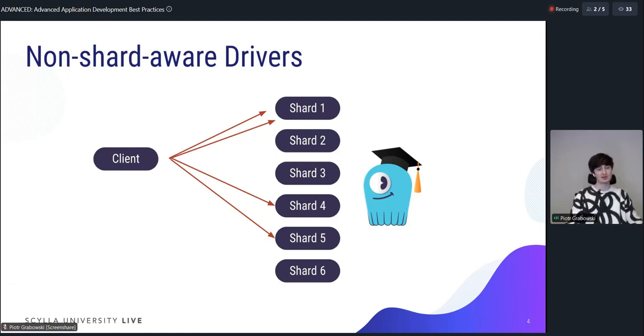However, when you use a non-Shard-aware driver, the driver doesn't know that Scylla has such an architecture,